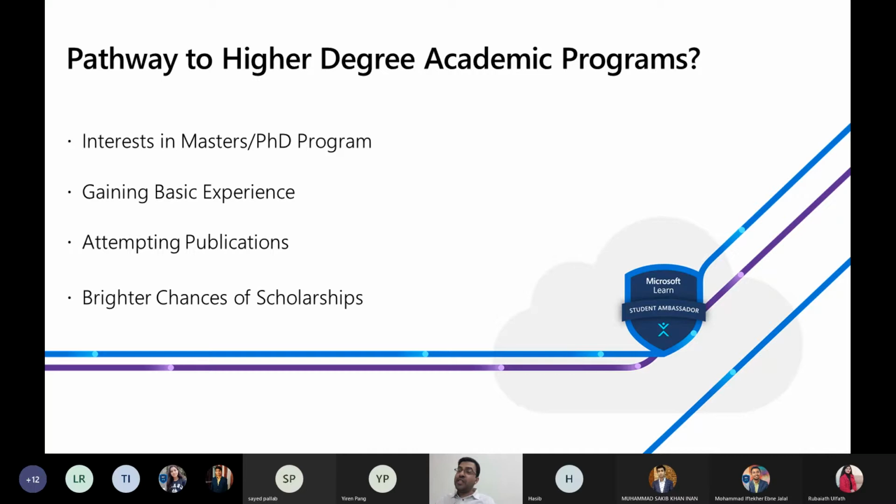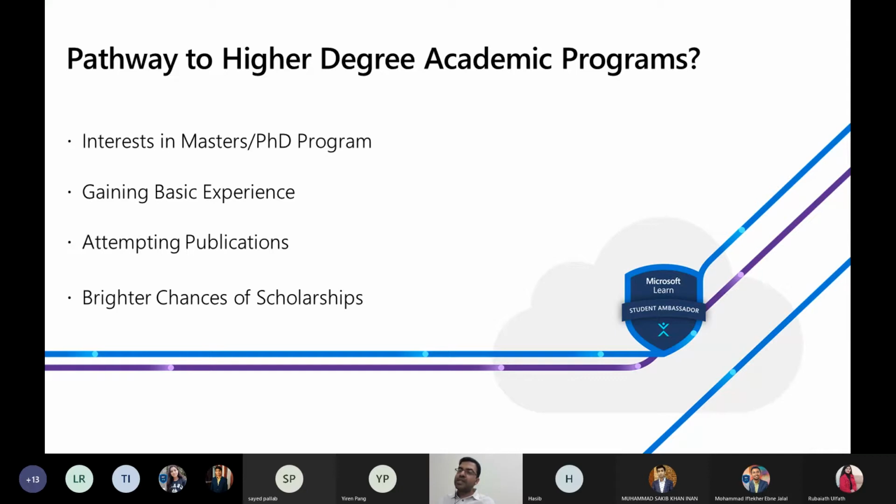But now this is 2021 and the level of competition is crazy. My students ask for recommendations for at least 10 universities. They are applying to 10 universities. If they succeed in getting admission in those 10 universities, just imagine, they have 10 different options. So the competition is crazy. They have CGPAs, they have good grade points, they have multiple publications, they already have a substantial amount of research experience.